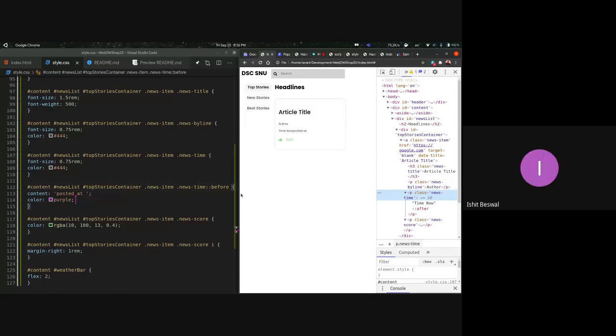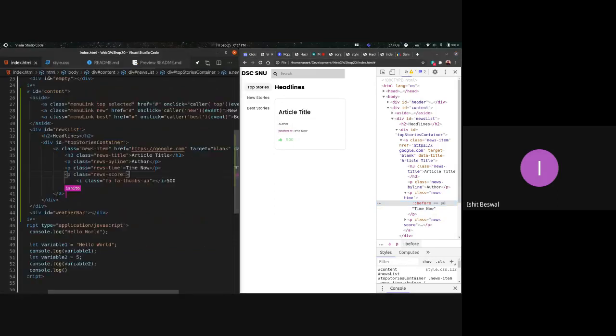All right. So I just said that before is a pseudo selector, right? And by the name you can guess what it does. It basically adds some content to your element before the element. So in the example that we've shown in the HTML, Anand, can you just go to the HTML?